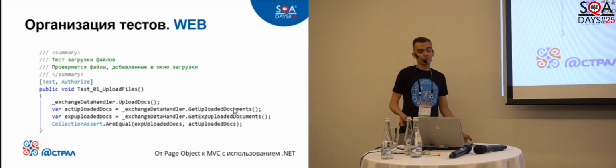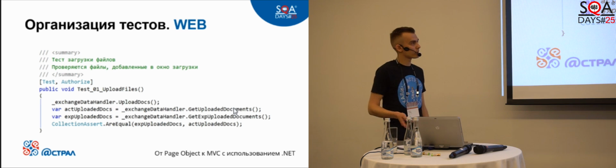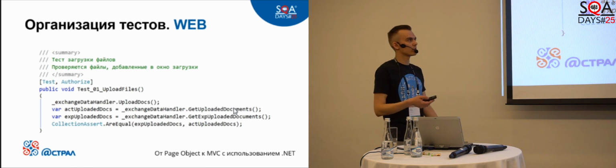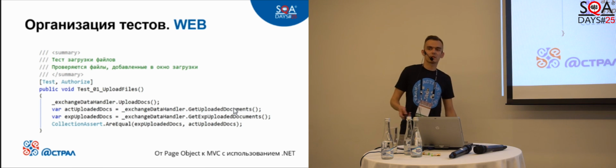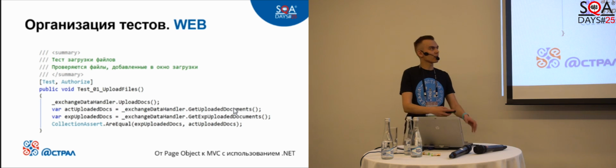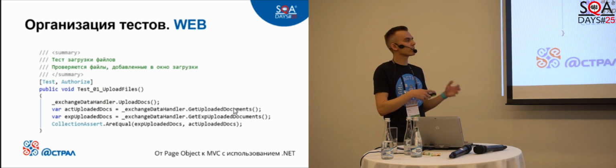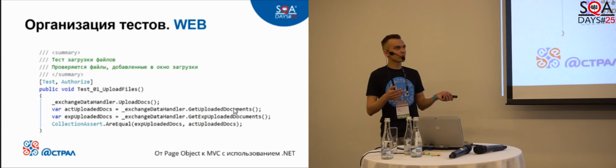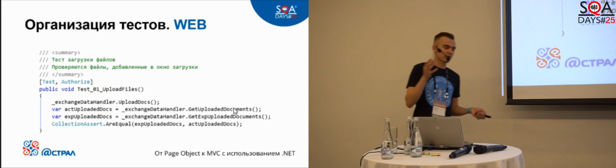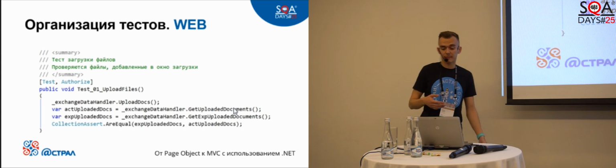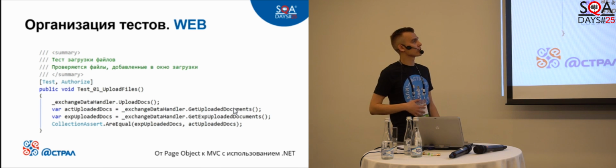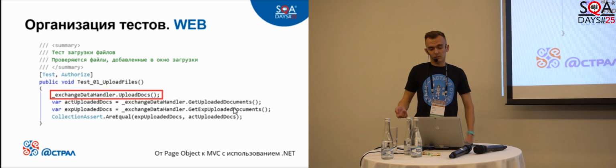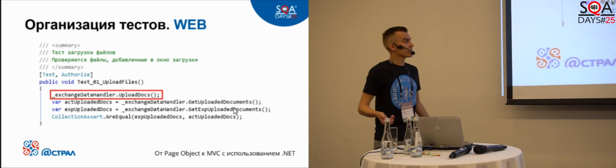Now, let me show you a case study for a web application, how we test document flow. This application is responsible for document flow between the organizations and control bodies. How can we test it? The cycle consists of several steps: file import, loading, signature, and sending. Each step is related to a separate test during the cycle.